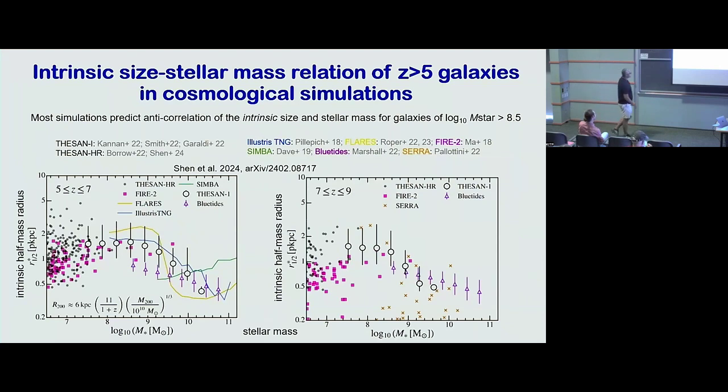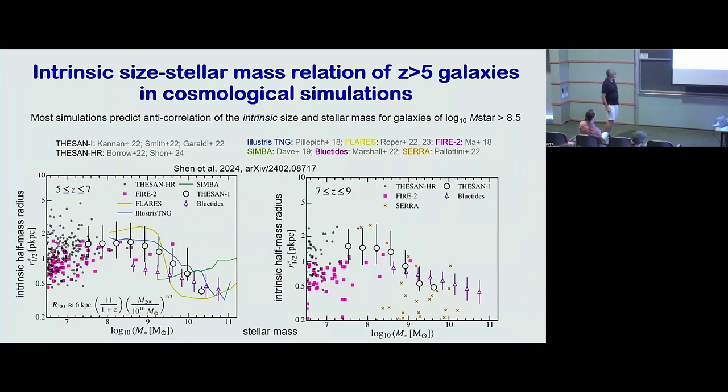And what you can see here is that simulation results have some differences, but overall they more or less trace the same trend of size with stellar mass. And let me first point out the small masses, the dwarfish masses here. Look at the sizes, right? The sizes are kiloparsecs. It's not huge, but if you think about what the virial radius is expected to be for the halos of those redshifts, it's just a few kiloparsecs. So when you see a half mass radius for the stars of about a kiloparsec, that's a very large fraction of the virial radius. So in these simulations, the stars also are forming over a significant fraction of the virial